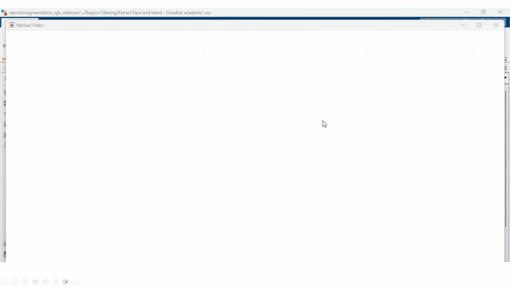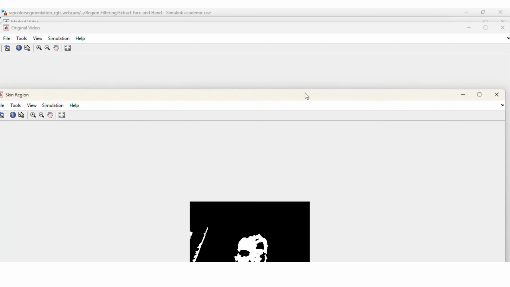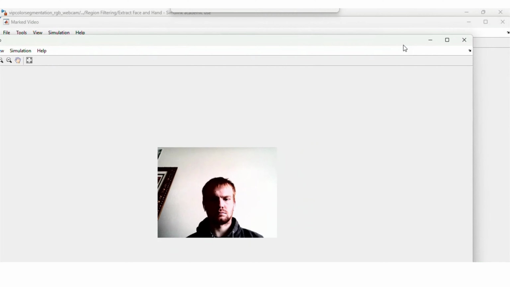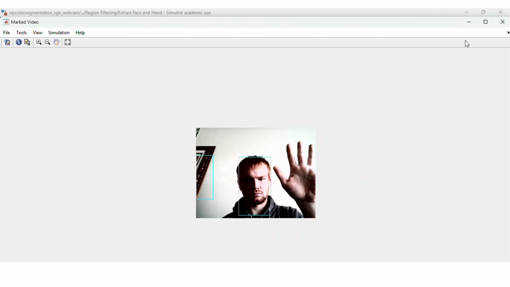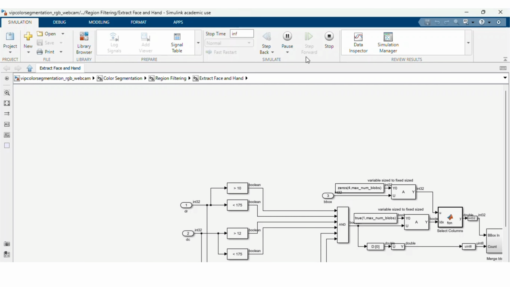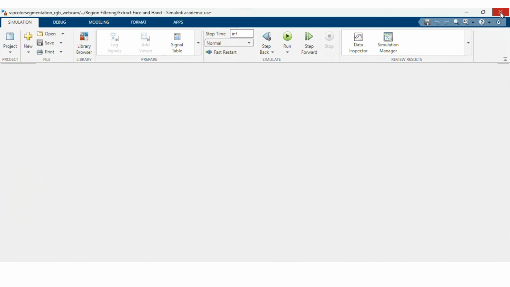Okay, so it'll take just a little bit to run. And here we go. It's going to segment the image. And here you can see, okay, Sean is there, and it's able to segment his hand and also his face. It also got that picture frame a little bit over there, but it's able to do a fairly good job of extracting face and hand segments.